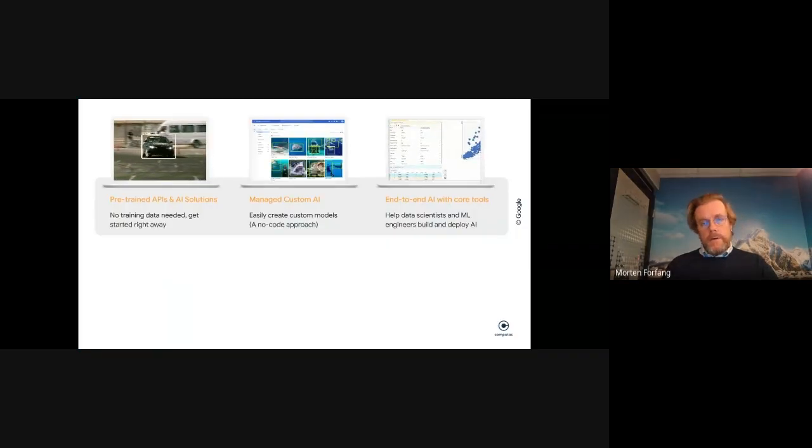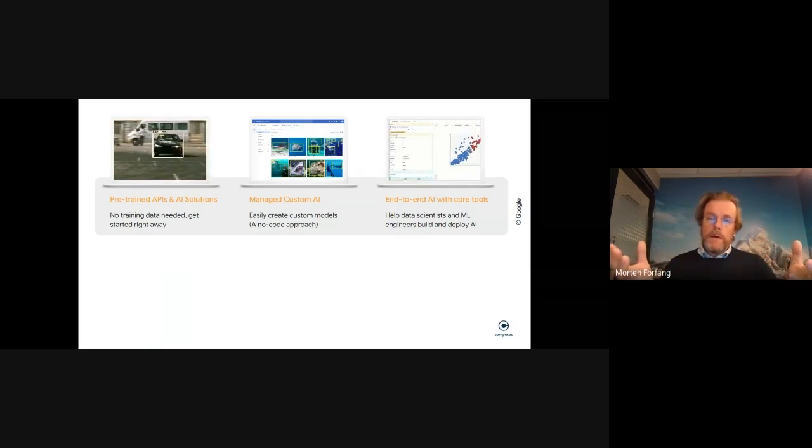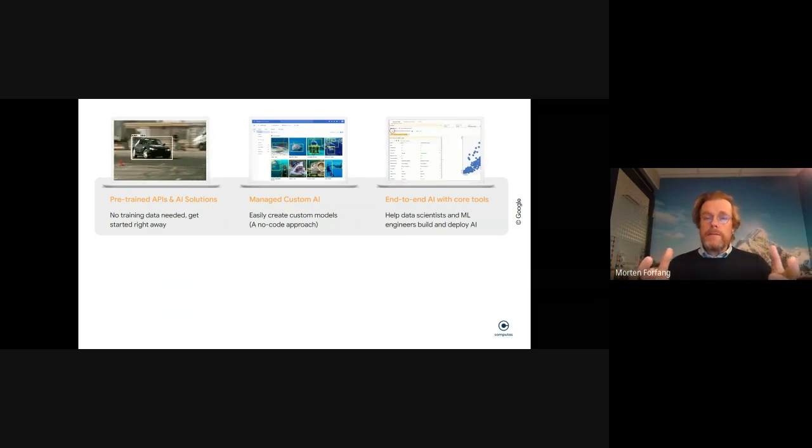If you look at the broad spectrum of AI services that Google comes with, then one can in general classify them according to how ready-made they are, how off-the-shelf they are, and how much expertise and flexibility you get with the services.